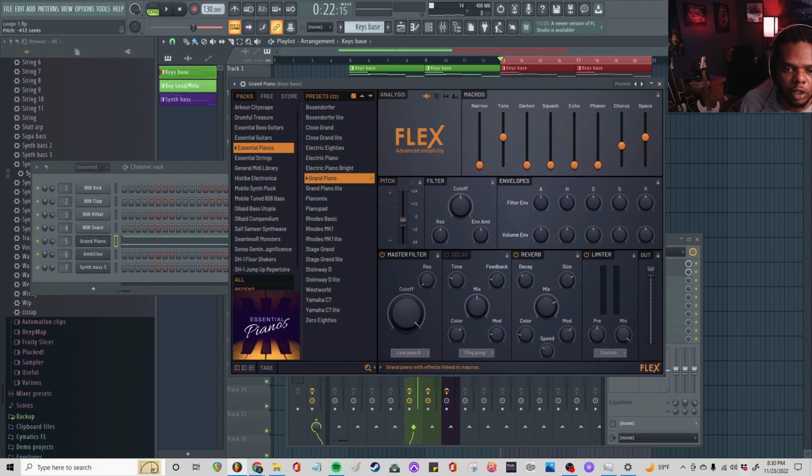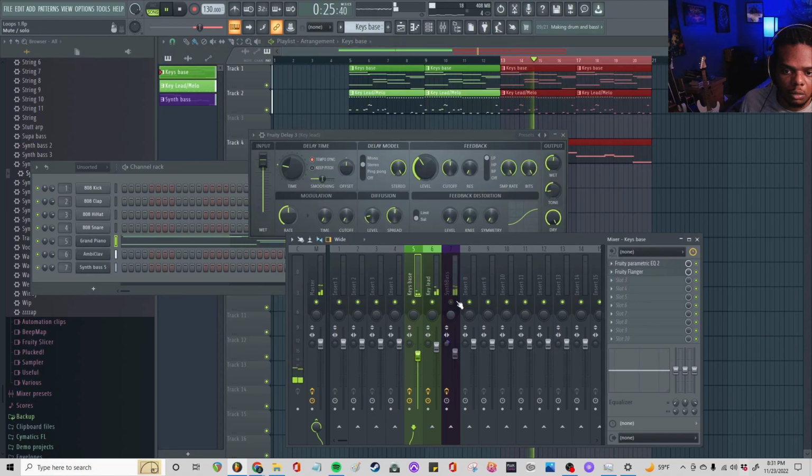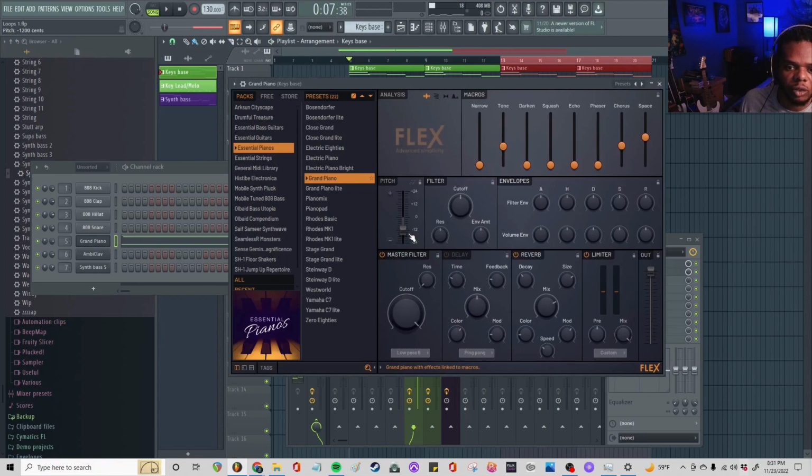So I'm going to drop the cents down to negative 1200. That almost sounds cool, but the piano is just a little too low for my taste,